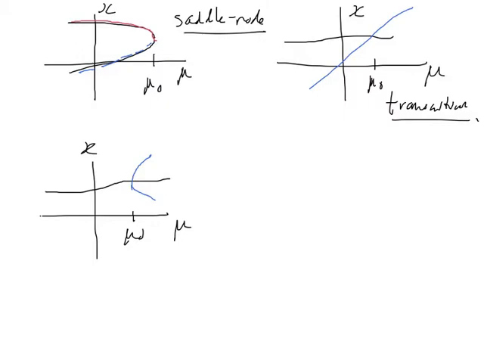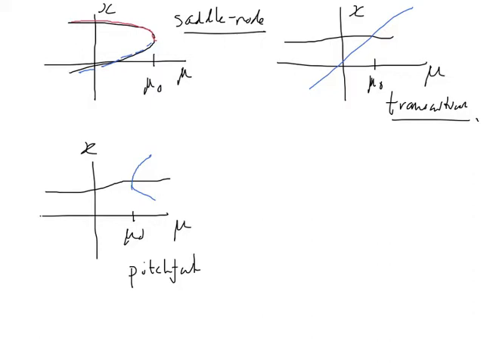So emerging out of that are actually two fixed points, because you've got to draw continuous curves here. If one fixed point comes out, there have to be two, at least in a nice generic situation, and that's called a pitchfork